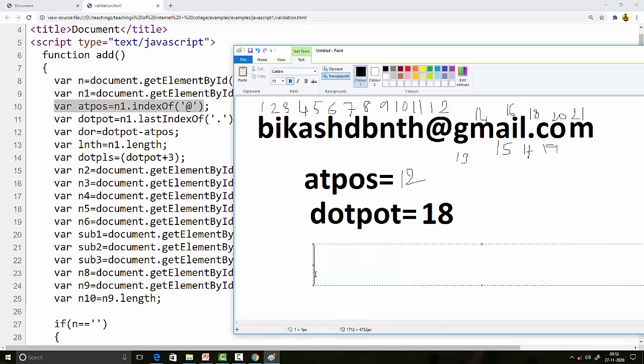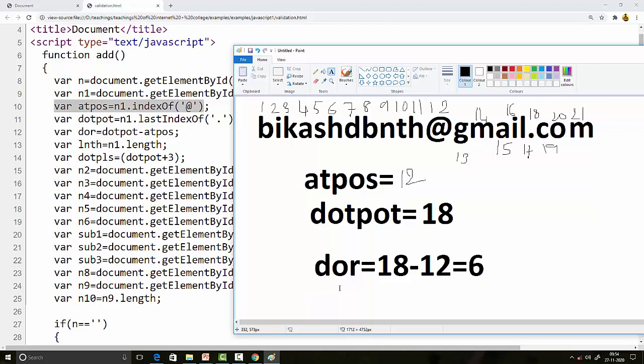And what do we mean by dor? Dor means the total length is given, dot pos minus at pos. That is 18 minus 12 equals 6. So dot pos is 18 and dor is 6.